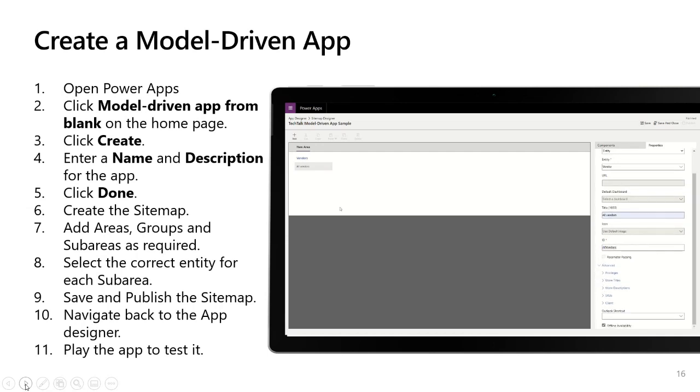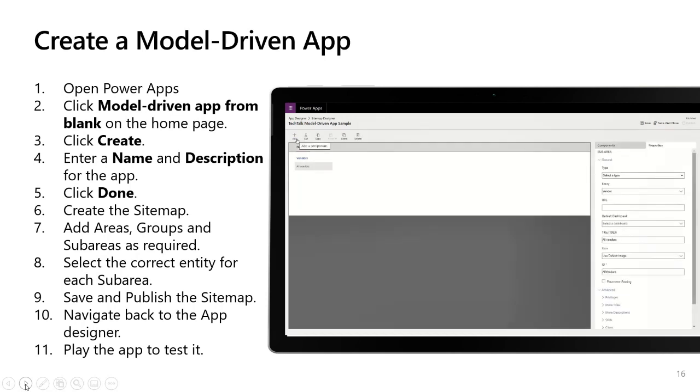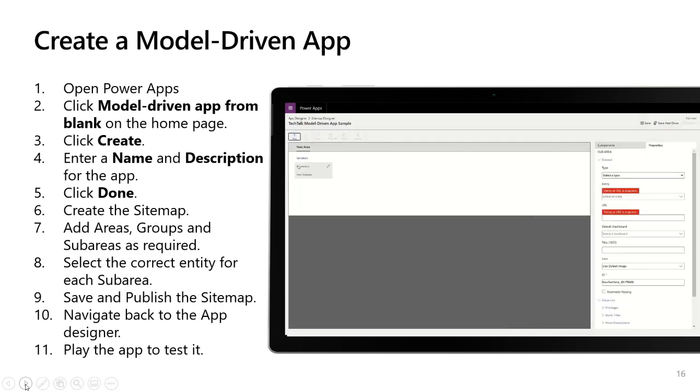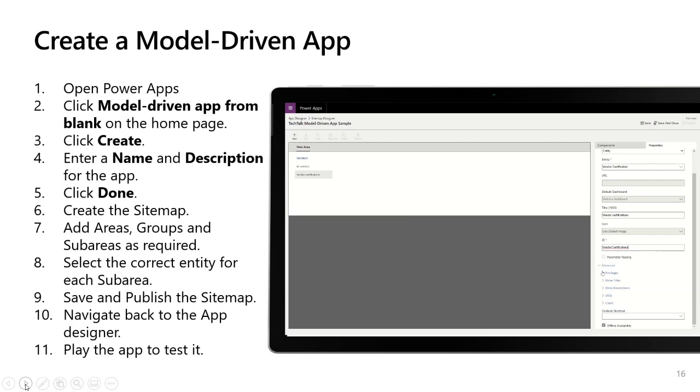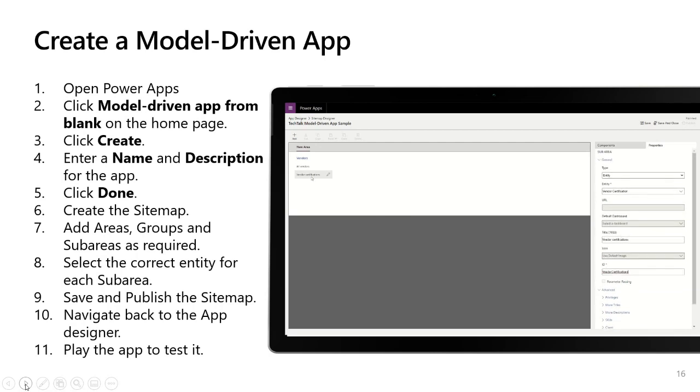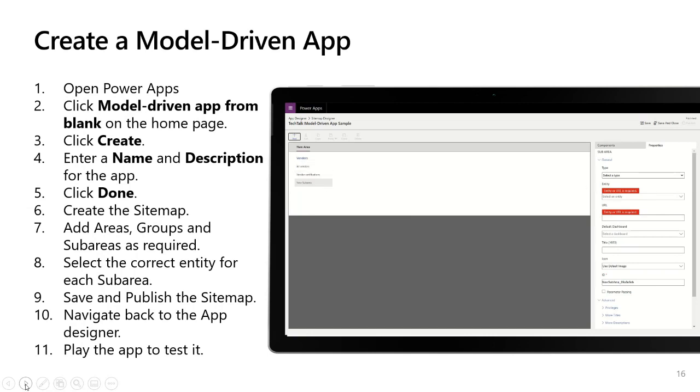So I give it a name. You'll notice there's a bunch of additional properties. And if I want to add another sub area, I just need to make sure that I have the proper group highlighted. And I repeat this process. I do it about 3 times in this demo. So I choose my all vendors page, which was already existing. Then I choose the vendor certifications page, which is the one that you saw me create in the previous 3 demos. And then I repeat this a 3rd time and add a 3rd sub area,